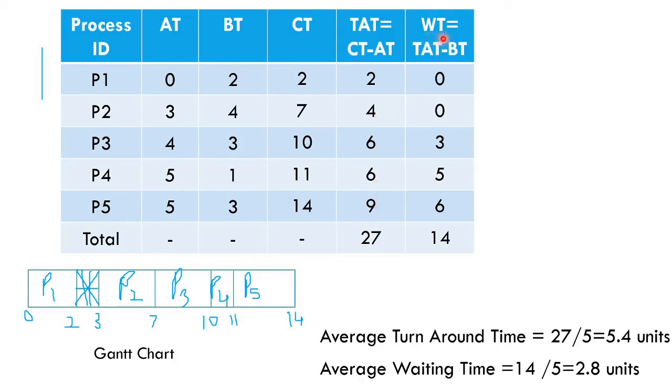And when I say waiting time, it means how much time the process is going to wait. So P1 0 time, P2 also didn't have to wait, so it is also again 0. Let's see P5, how much time did it have to wait? Because it came at 5, it got the CPU at 11, so 11 minus 5, 6, so it is going to be 6. So this is how we can see the Gantt chart and come to know, and this is just by the formula how we can do the computation.